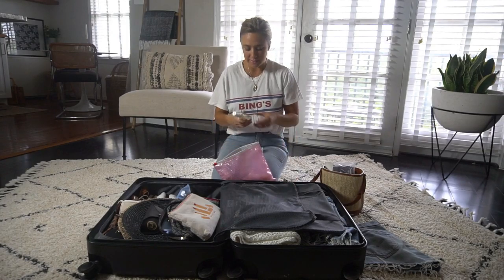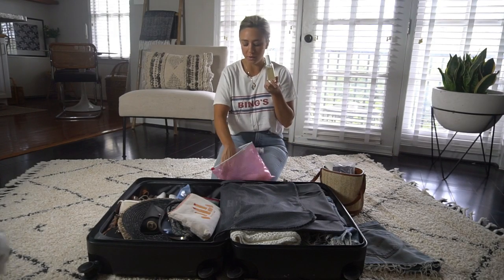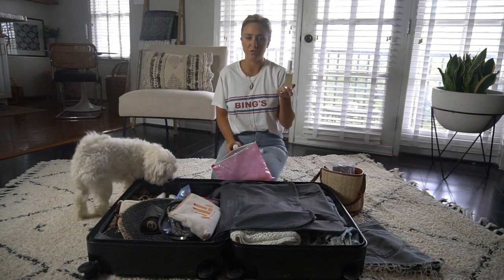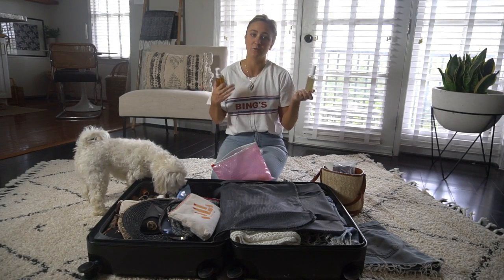And then also back to hair, I'm bringing my Ouai hair oil and then the Ouai wave spray. I've never tried the wave spray. I love the oil. It just keeps my hair tamed and not frizzy, which will be great since we're